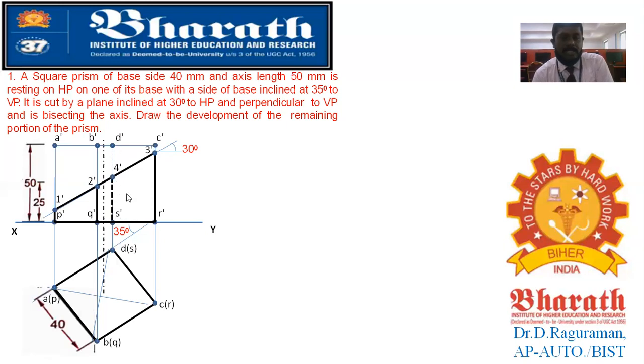In a section, you have the ability to see the hidden dotted lines. But once you come to development, this dotted line also has to be drawn as a continuous thick line, because the concept is that you are unwrapping it and presenting that as your result. So you are unwrapping it and seeing it, and again you should not show it as a dotted line. It should be a visible line when you are making the development of surface.